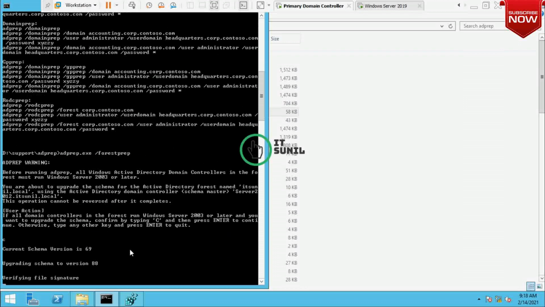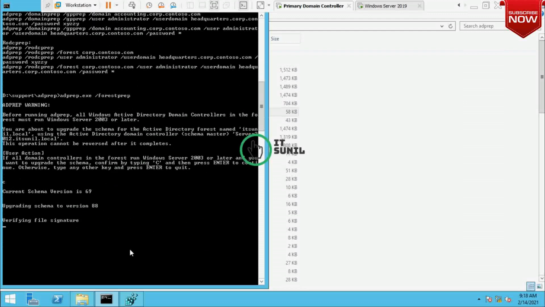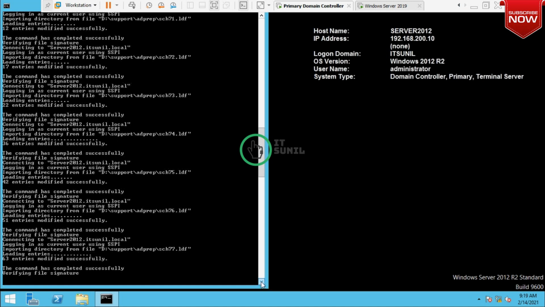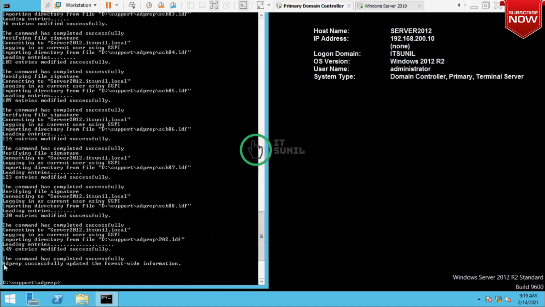Verifying the signature. Let's wait. Okay, loading entries. The command has completed successfully. Verifying file signature. Let's wait. Okay, the command has completed successfully.